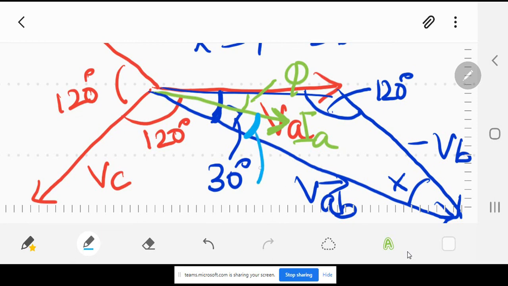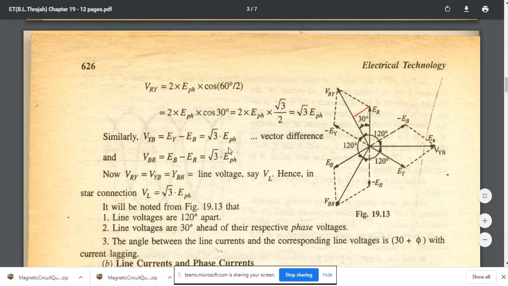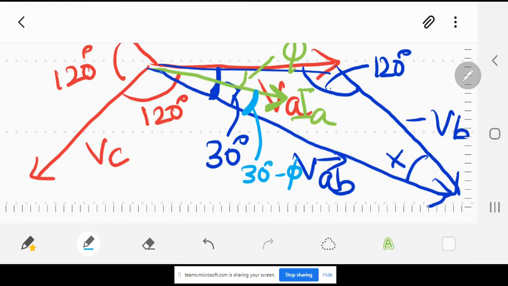I hope this is clear over there, and this is the same diagram. Please download these two files. These are very, very important. And one thing very important: I have not completed this one here yet. What will its length be? This VAB should be equal to how much of this length over there?